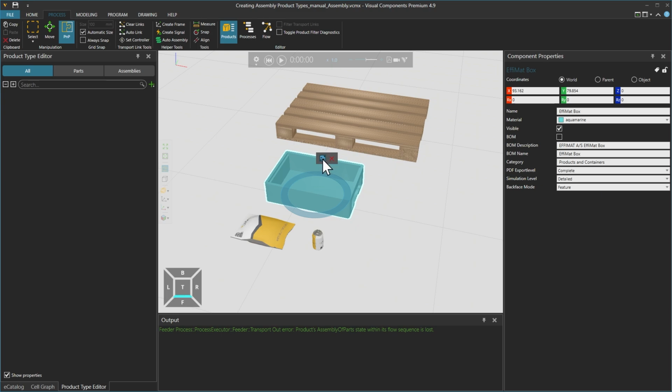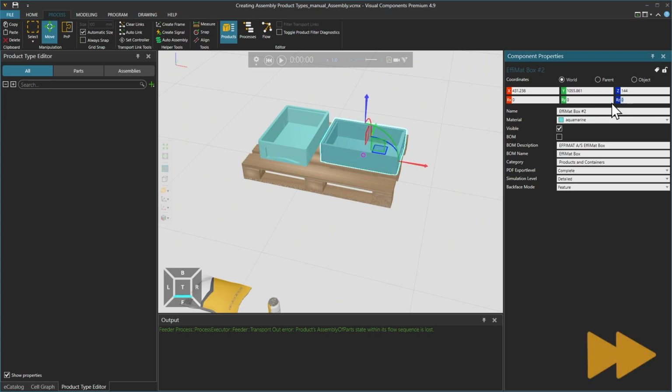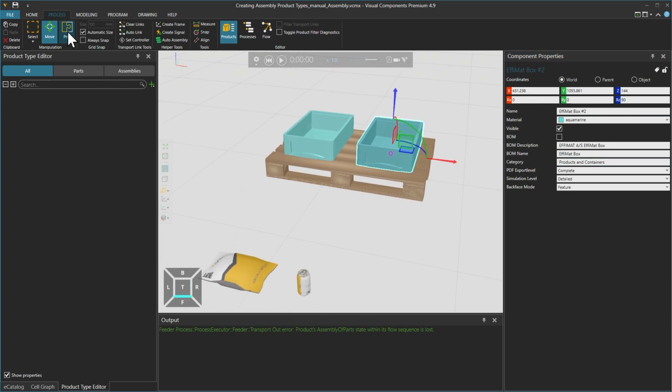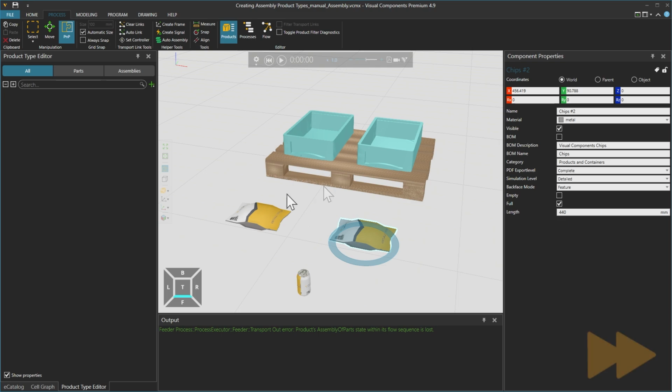Begin by cloning the box, and using the Move tool, grab the boxes by their origin, place them on the pallet, and rotate them 90 degrees around their Z-axis. And follow the same pattern for the chips. Clone and place inside the boxes.